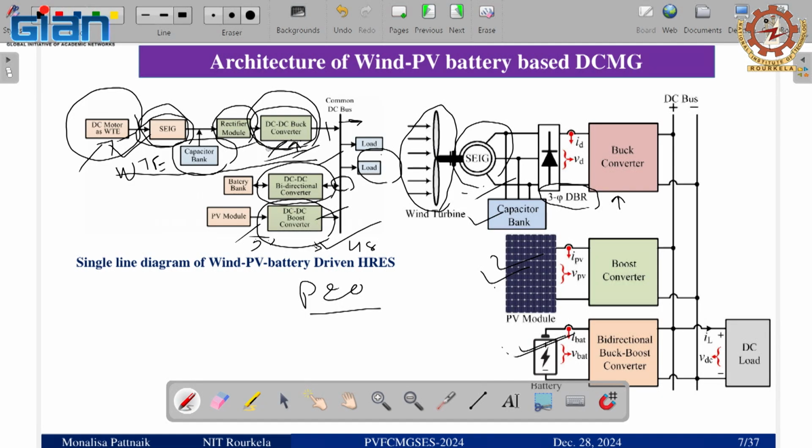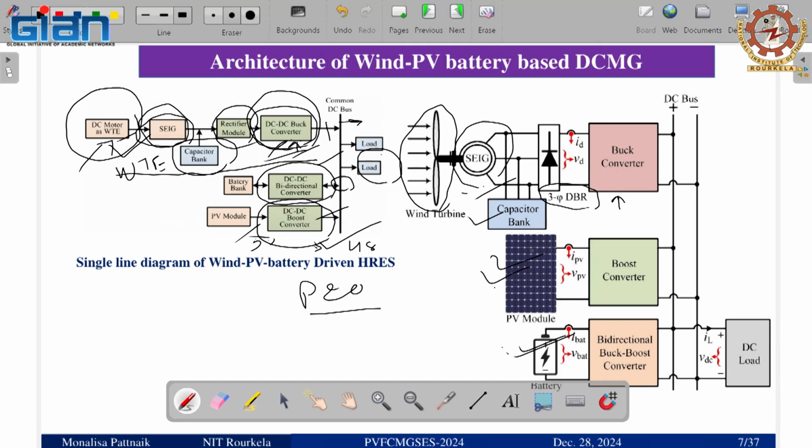And wind power is proportional to what? Cube of the wind velocity. So, okay, try to understand. If you know the wind turbine characteristics, for each wind speed you will have different operating points. Okay, that is the maximum operating point. But it is not that whenever the wind speed is very high, you will be able to extract more power. Is it possible? Because there is a generator, so when it reaches the generator limit,